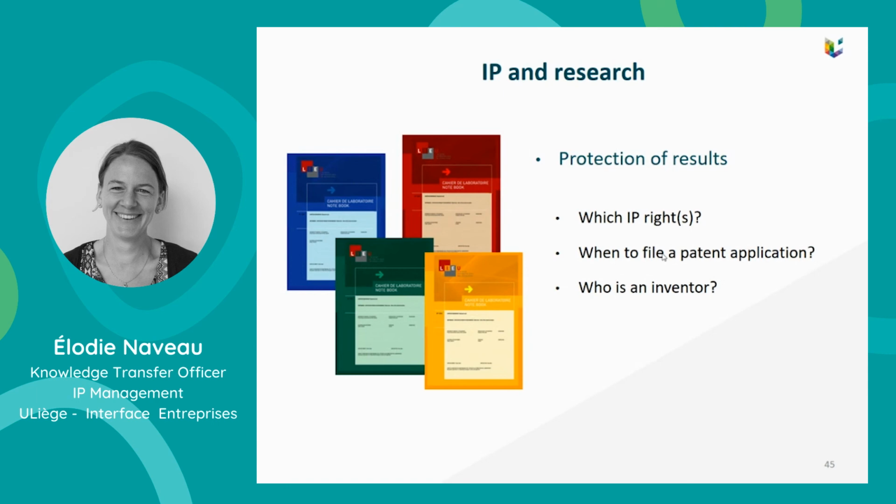And then if you have translations, if you want to translate the application in Chinese, in Japanese, that's also another couple of euros to add. And then you have the maintenance fee. That's every year, and it goes exponentially. In the beginning, you will start with 1,000 euro renewal fees, but at the end of the patent, if you have many countries, it can become very high, and it can go to 100,000